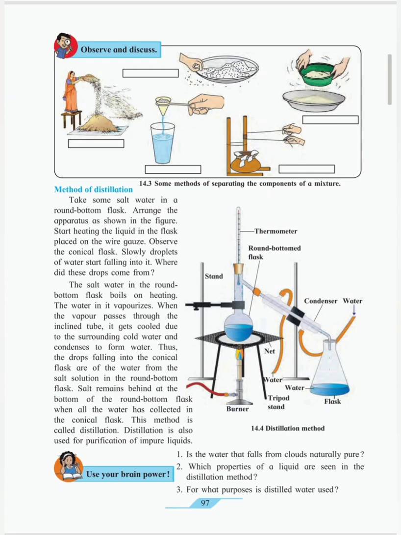In this case, the pure liquid water is obtained in the conical flask. Whatever remains in the round bottom flask will be the substance added in the beginning in the mixture. For example, if salt is mixed with water, salt will remain in the round bottom flask since salt does not evaporate and does not condense. Therefore, water will evaporate and condense and finally get collected into the conical flask, and whatever remains in the round bottom flask will be the salt.